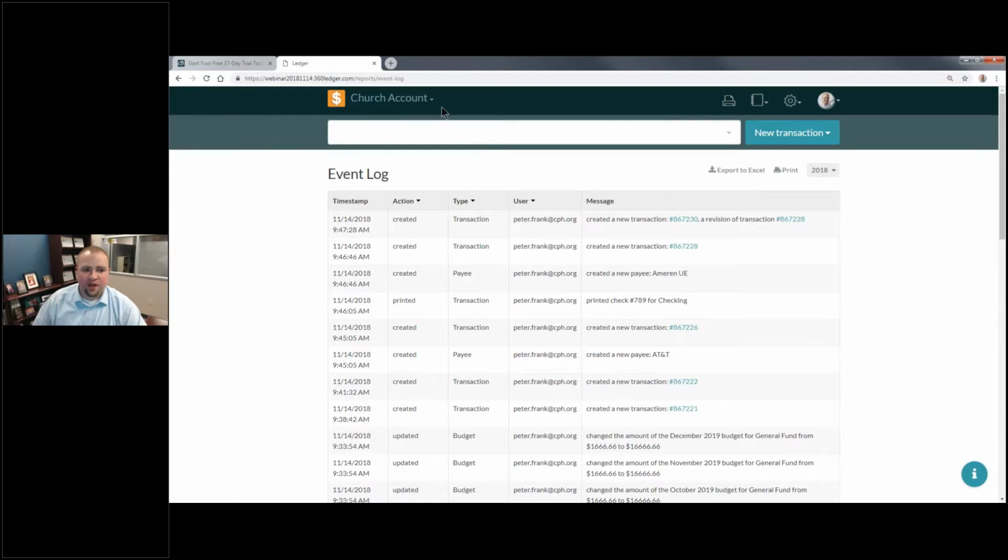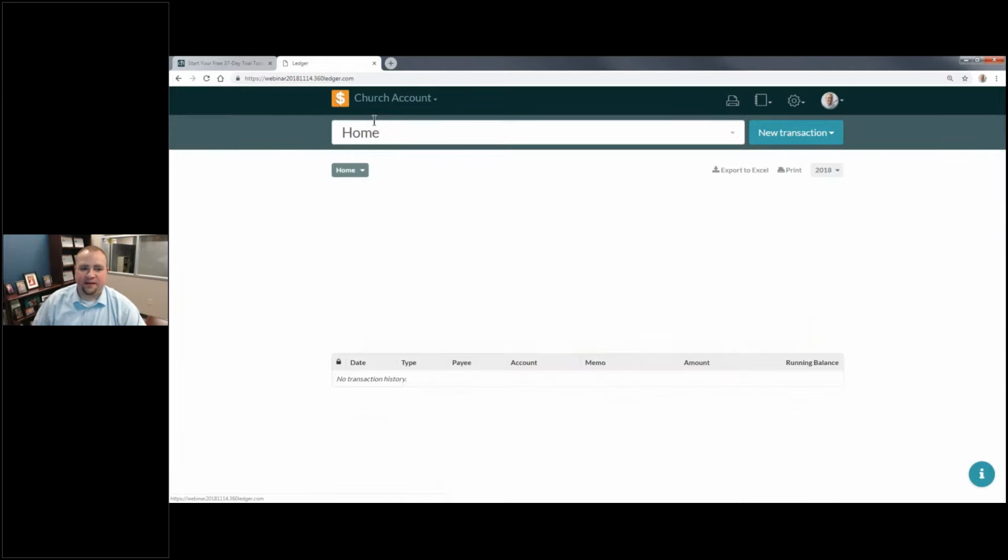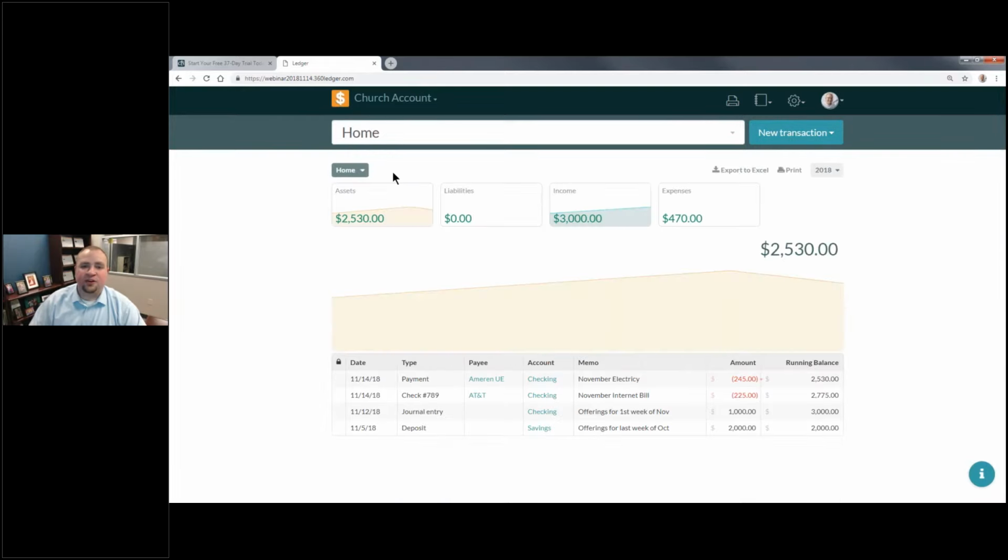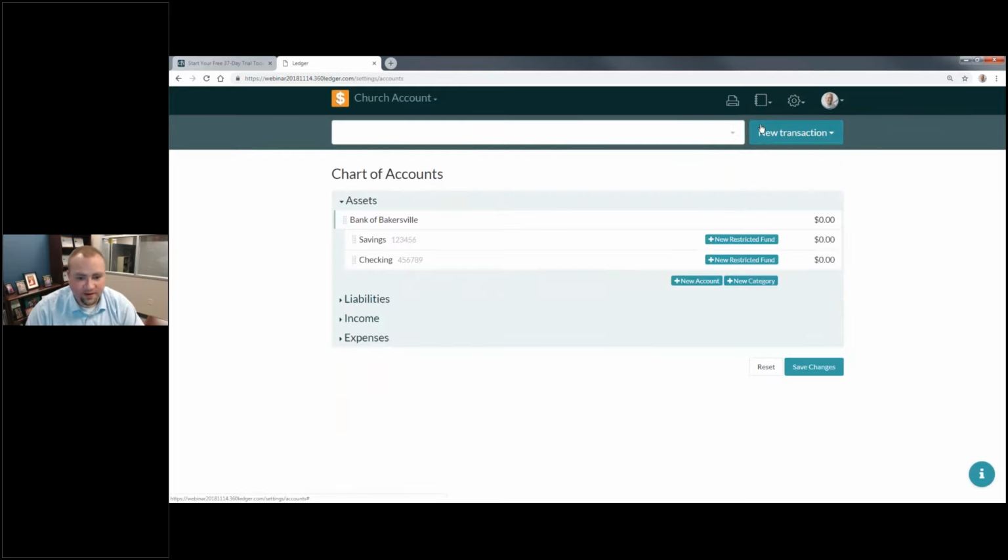First off, let's say we have a deposit and we want to make sure that money for the youth group goes to the youth group. We'll go back to our chart of accounts and we'll do what's called create a restricted fund. So under checking, we can do a new restricted fund,